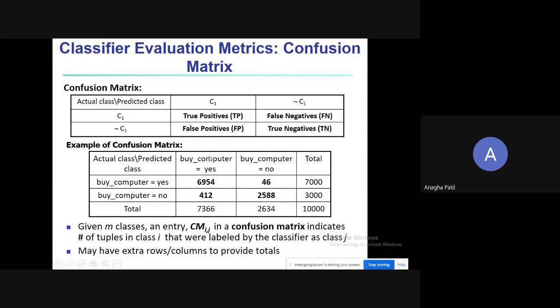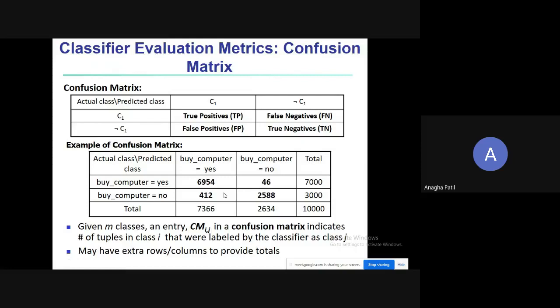So for buys computer equals yes, these are the correctly classified and these are the misclassified. And for buys computer equals no, these are the correctly classified and these are the misclassified. Based on these numbers, we can say whether they are correctly classified or not. What is the formula for accuracy?